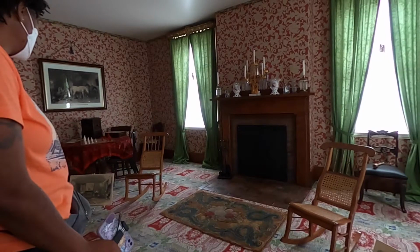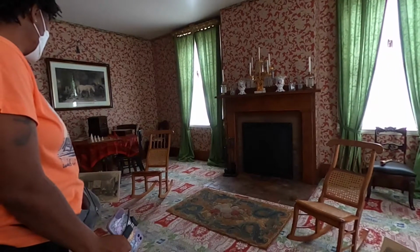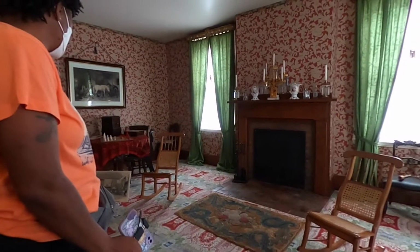What could be so expensive? Well, that is their entertainment center. It is a wonder of modern technology. It's called a stereoscope. Basically, if you see the cards that are scattered on the table in front of the box there, the cards each have